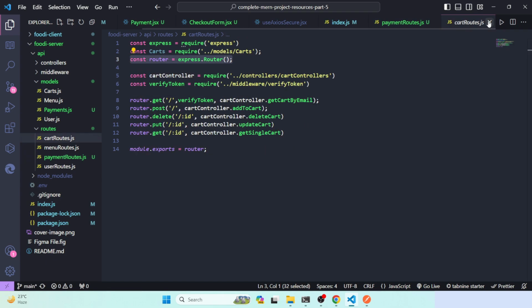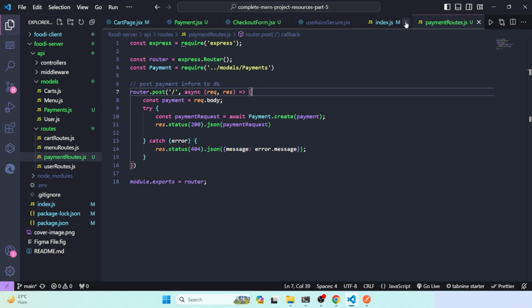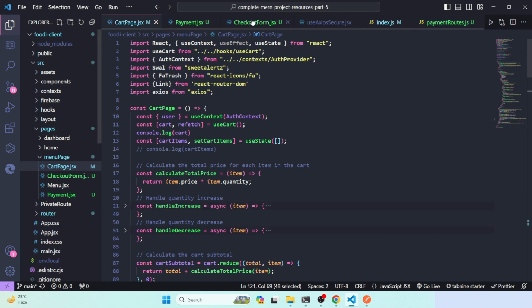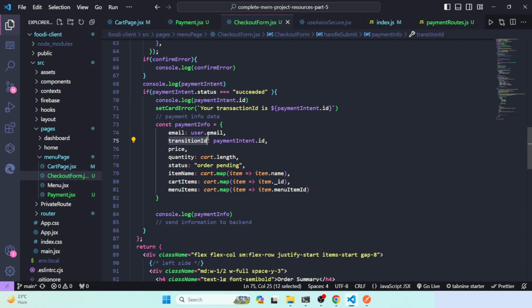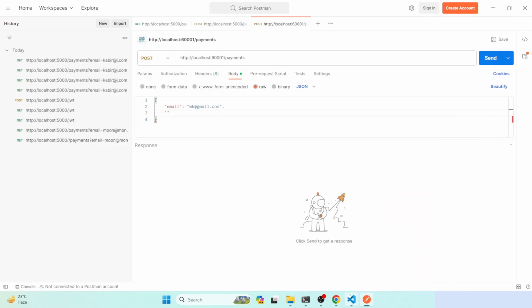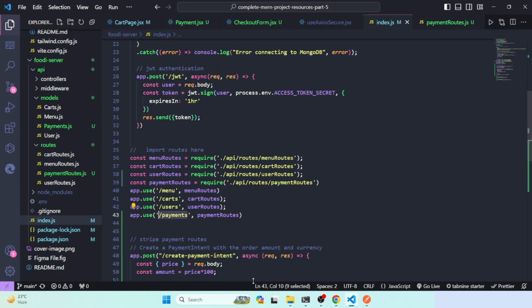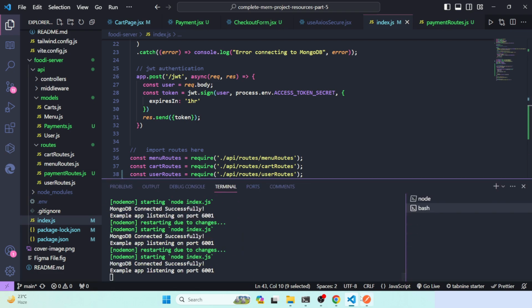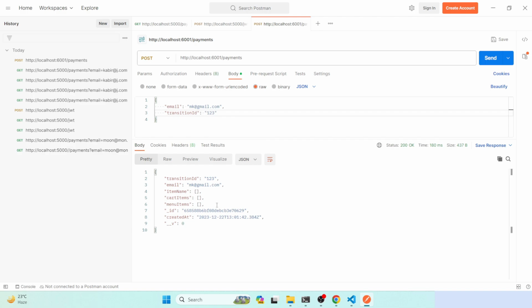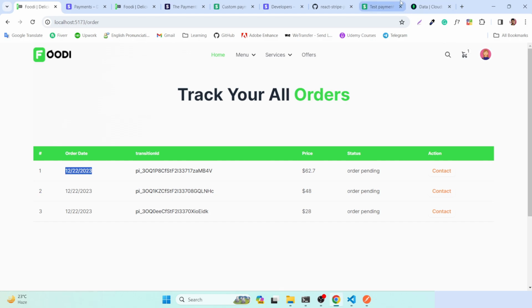And then maybe we can simply pass another piece of information. Let me close these on payment routes. Okay, maybe we can just pass the transaction ID, which will be another string. Maybe we can simply type 123 for now and try to hit this, actually 6001. Okay, so maybe this is okay. It's still running. Now try to hit it. Here you can see our payment is created, and if you check your database